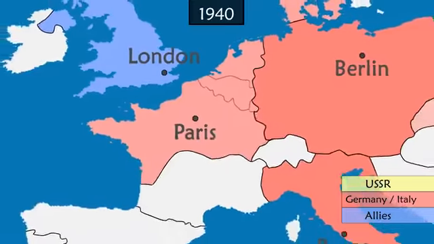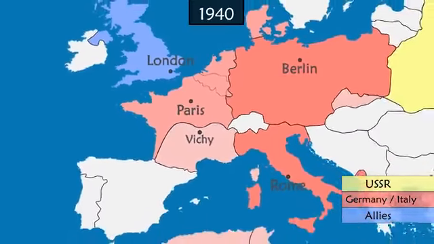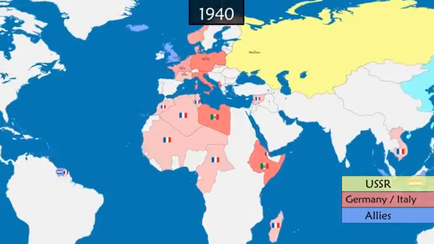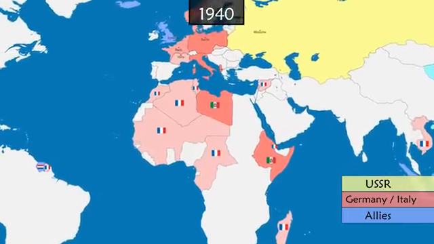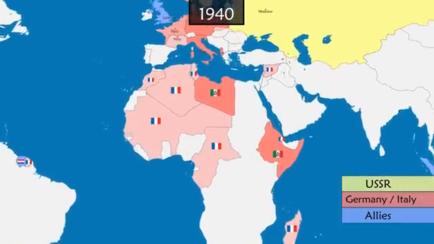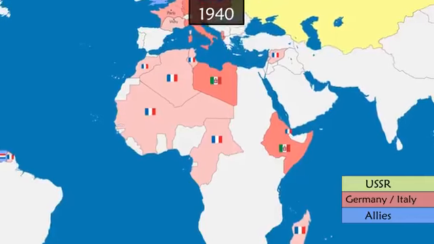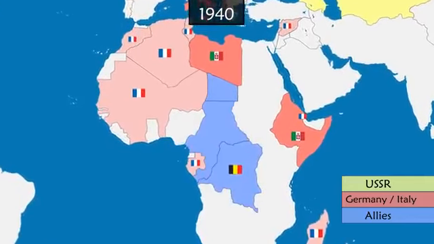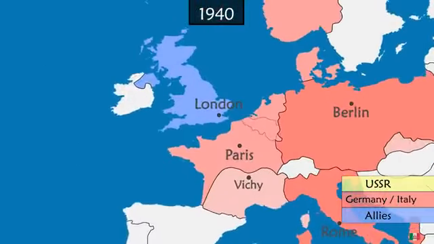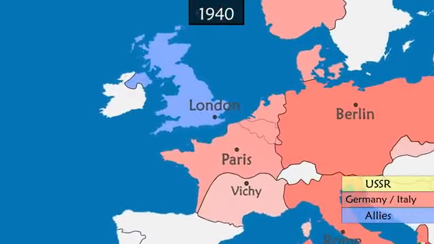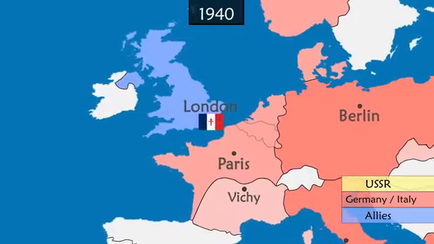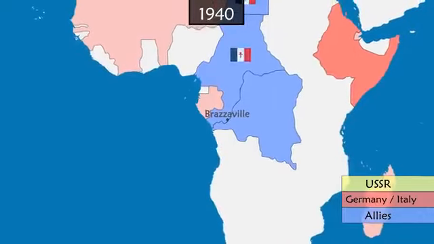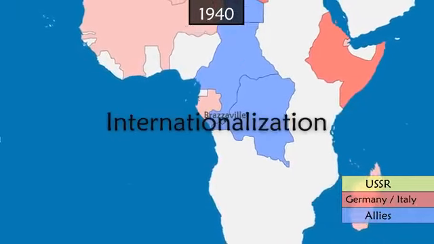Germany occupies the north and west of France, leaving its other territory and colonies under the control of the new government. Germany thus has indirect control of French colonies without having to send an army there. However, parts of the French colonies and the Belgian Congo choose to stay in the camp of the Allies. In London, which already hosts several governments in exile, General Charles de Gaulle creates Free France, which continues to fight Nazi Germany. Brazzaville is named as its capital.